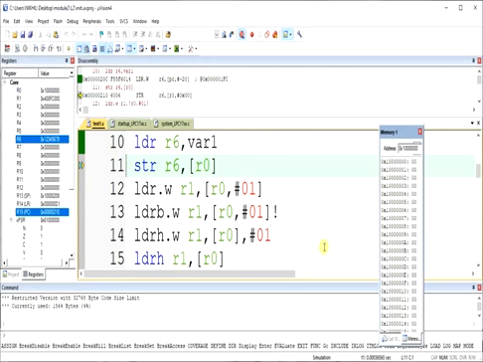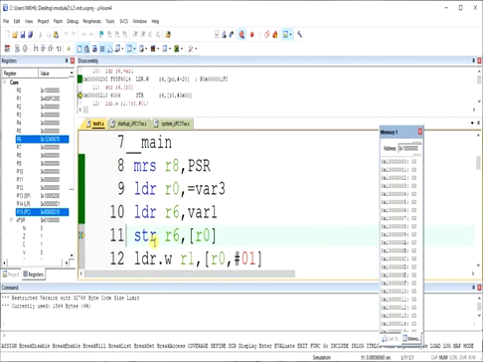So which is the next instruction? Store. So for store, what do we have? We have the instruction. This is the source and this is the destination. Now where is the destination? The destination address is pointed by R0, and R0 address is this. So here the content of R6 will be copied to R0. Depending on whether it is big endian or little endian, the values will be stored. If the lower byte is stored first, then it is little endian.